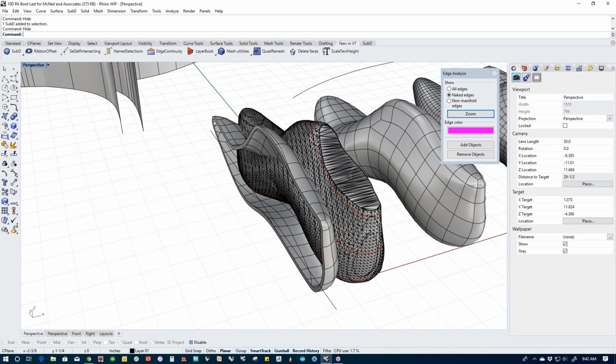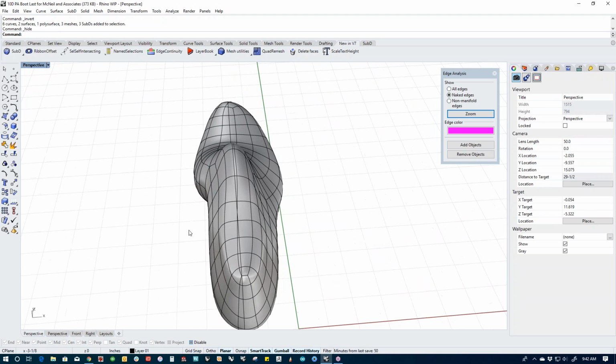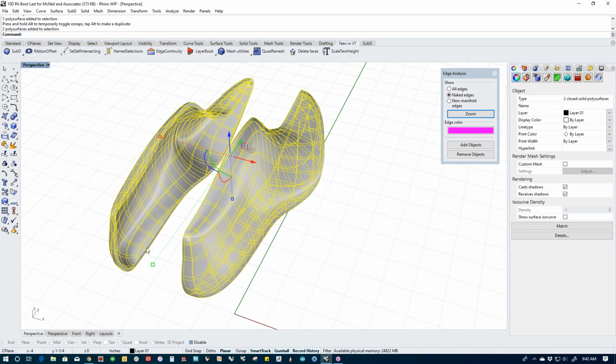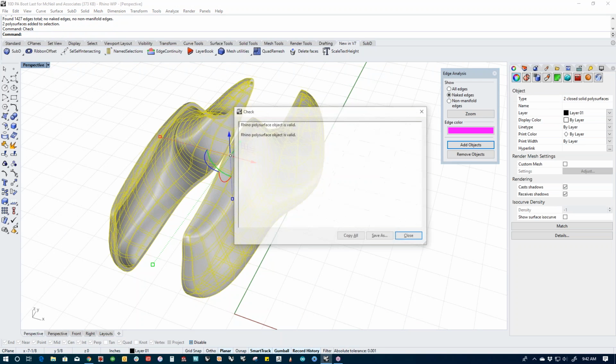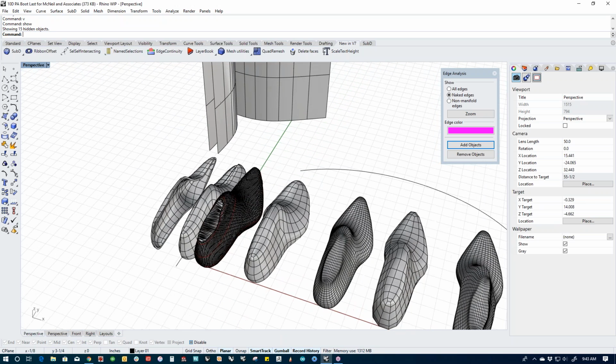I have a beautiful offset, shelled, solid, NURBS part. It will pass show naked edges. It will pass check, boom, boom. It passes cell open polysurf. This thing is ready to go. I can print this, I can CNC it, I can turn it into a chocolate mold, I can do whatever I want, right? So this process of mesh,